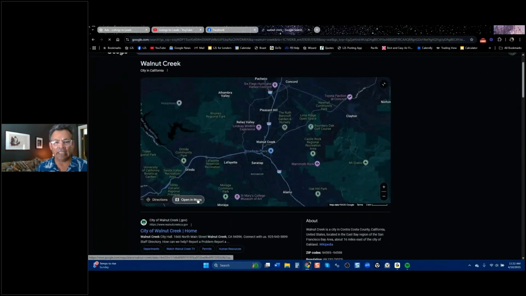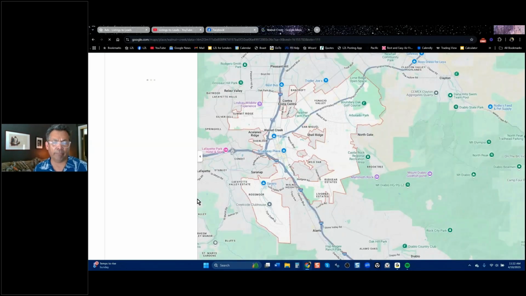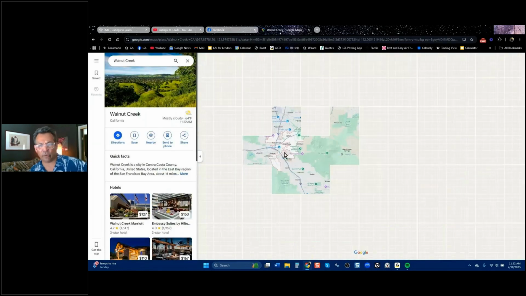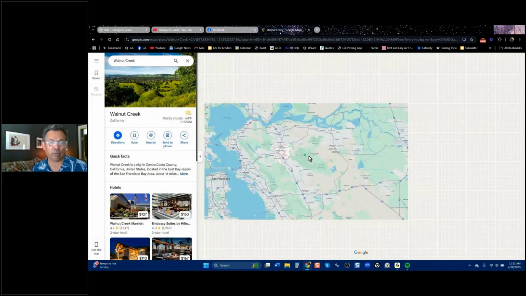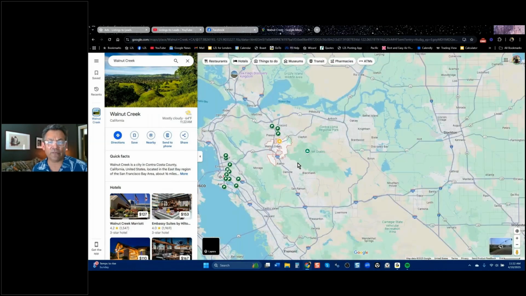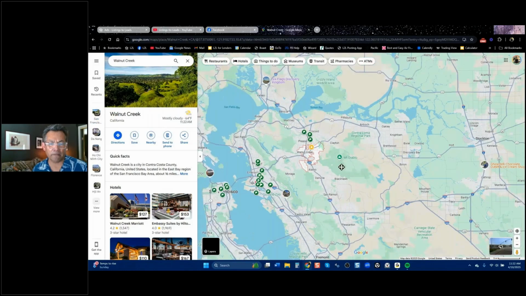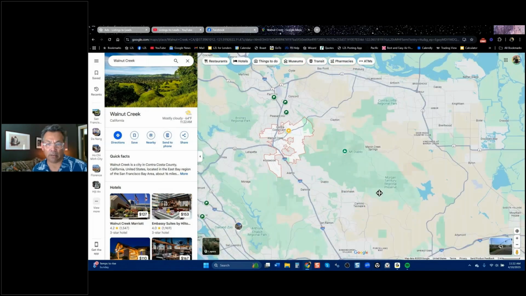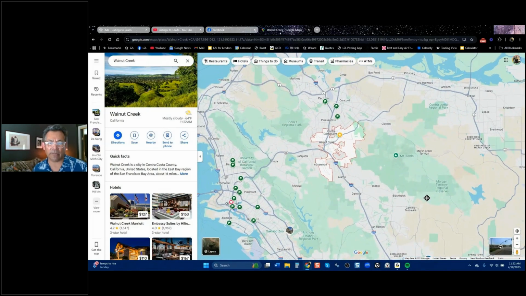You might be in a very dense area like I am, or you might be in a kind of rural area where the next town is 30 miles away. But I'm right here, and Walnut Creek is right here in the center of this. And a 15-mile radius, it's a little bit tighter than that. Let's see here. Yeah, let's just say it's actually bigger than this.